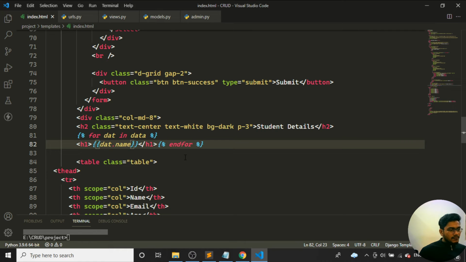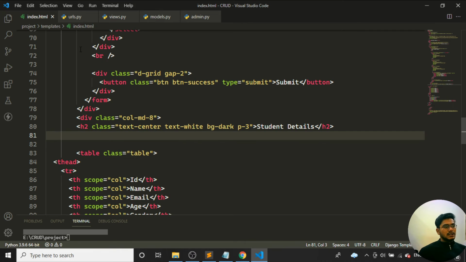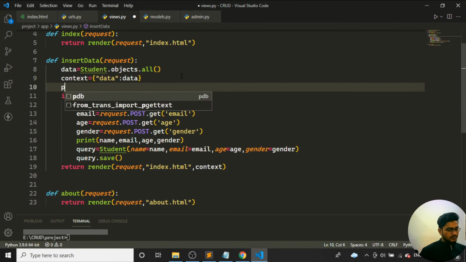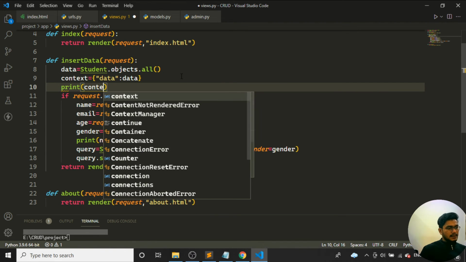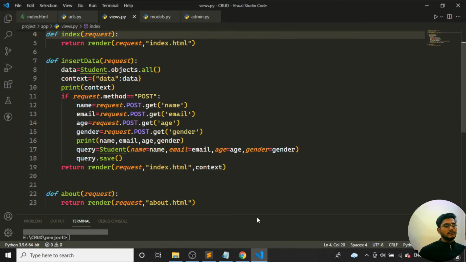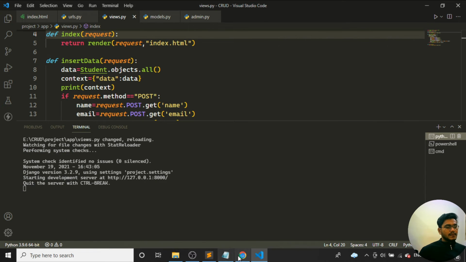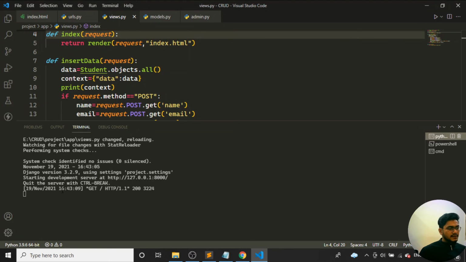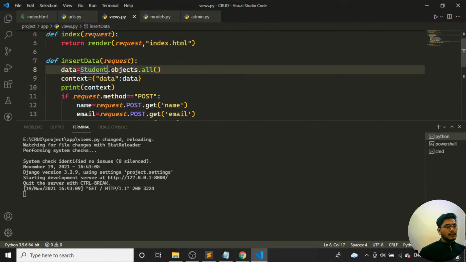Okay, so here I have entered the false one. Okay, fine. So let's remove it. So let's see whether the things are coming or not. If I just write print, I want to print the particular context. Whether we'll be getting data inside here or not, we'll see. If I come back and click on the CRUD operation, it runs. If I see in the output, you see I am not getting any context. I am not able to get all the data from here.